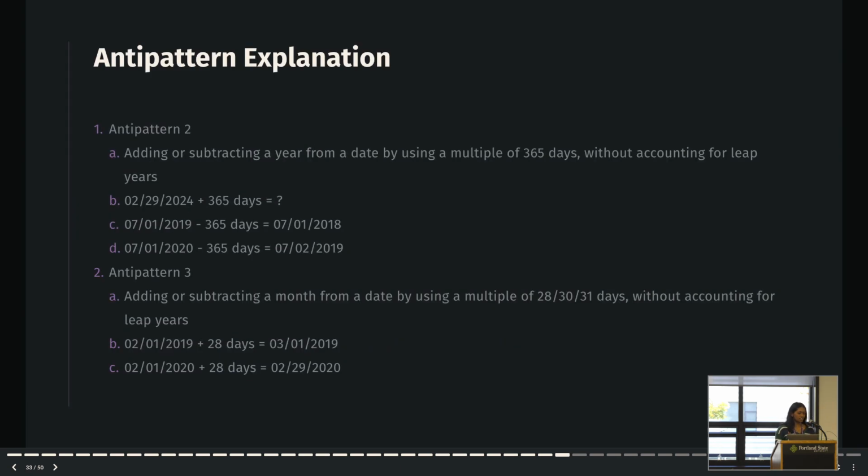Before we get too deep into it, we also should understand what an anti-pattern is. An anti-pattern is a common but counterproductive solution to a reoccurring problem in software design or development. It often seems like a good idea at first, but over time can lead to negative consequences like poor performance, increased complexity, or maintainability issues. Recognizing and avoiding anti-patterns is important for creating more efficient, scalable, and sustainable systems.